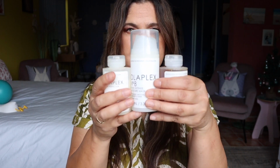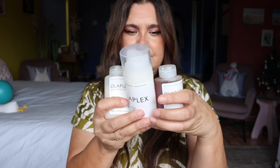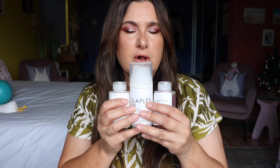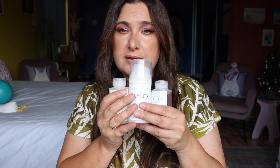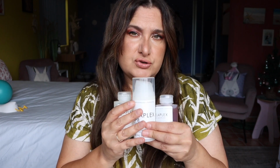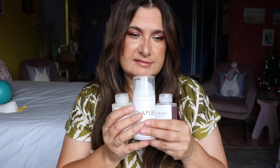Okay, so now we're going to go through 3 products, which is only going to leave 2 more products after this, because I'm going to be talking about these 3 products because of course they're all from the range of Olaplex, which is these ones here. So I pretty much have the whole range of Olaplex in my Olaplex kit. Not every single product, of course, but pretty much I do have every single Olaplex product that has come out,